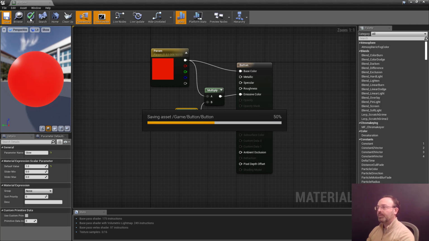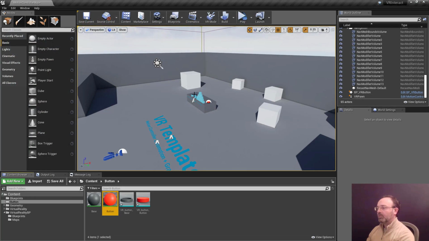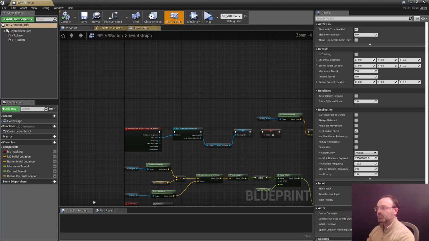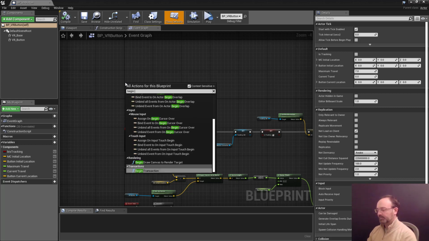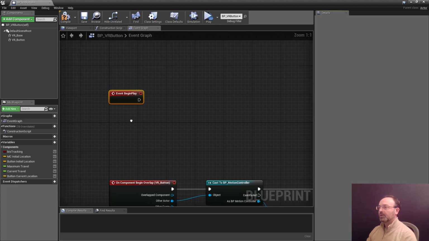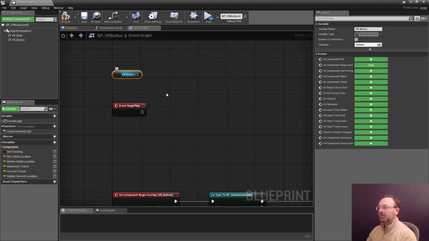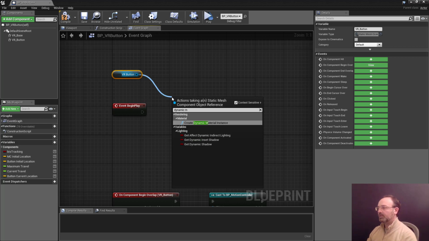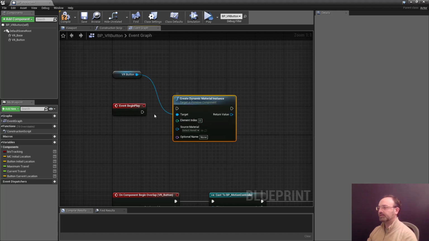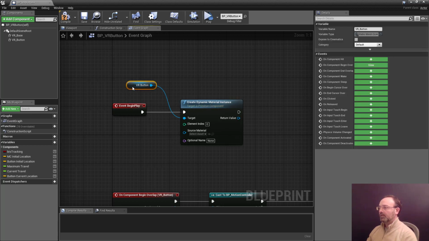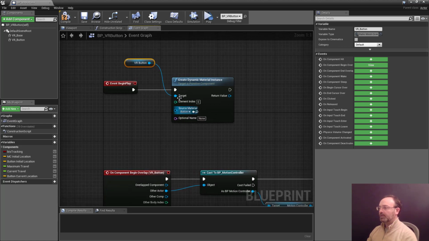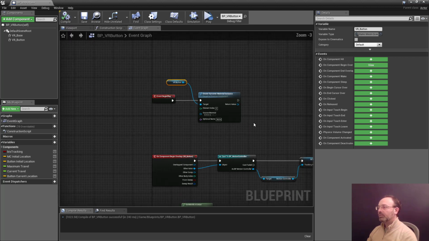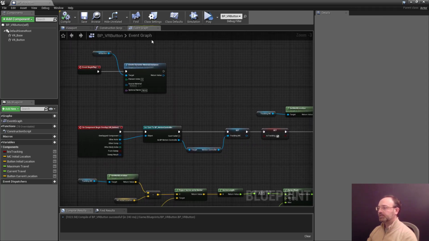Let's go back to our button blueprint. And on begin play, so type begin play, good. We're going to take the button and create a dynamic material instance. And we are going to use the button material as a source. And the element 0 is fine because it's the only one that we have. So compile and save. And what we're going to do next is